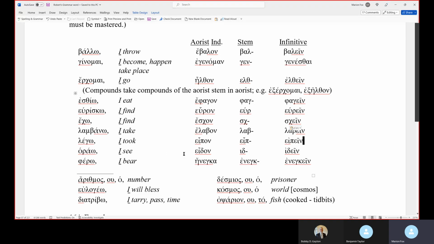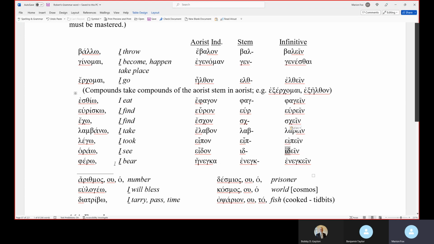Horao, I see. And I'm satisfied they come from a different word. And probably different dialects had different words for seeing. And id is your stem. There's your stem, id, and on, epsilon. And there's your stem, and there's your infinitive. Once you got the stem, you can produce your infinitive.